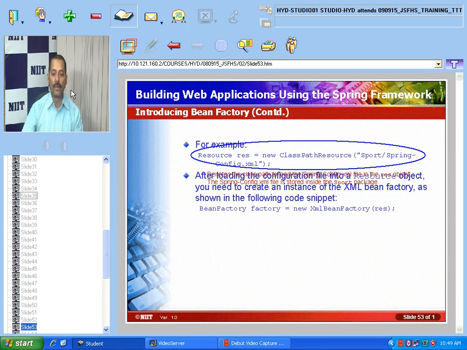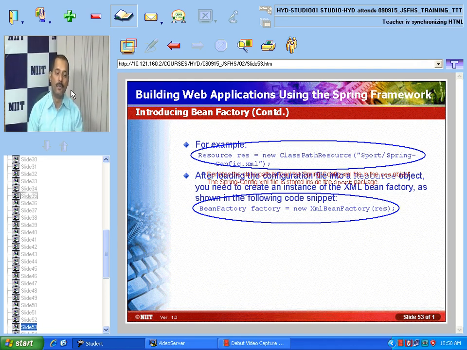And then we have something called the bean factory. Now, the bean factory, what is this? BeanFactory is equal to new XmlBeanFactory. As I told you, XmlBeanFactory is the subclass and BeanFactory is the superclass kind of thing. And we can pass that resource object here, the resource object which is pointing to the spring-config.xml file or applicationContext.xml file, where all the bean information is there. You have to pass that here in the XmlBeanFactory object. And from the factory we can get one of the beans and we can execute it also.